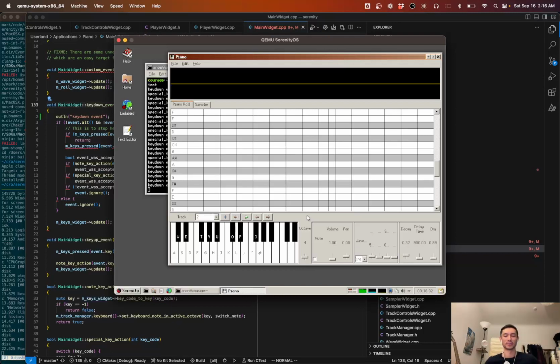I don't know. Okay, so this is not a bug in the waveform selector or something like this. This is a general behavior of the SerenityOS menu, UI clickable system thing,